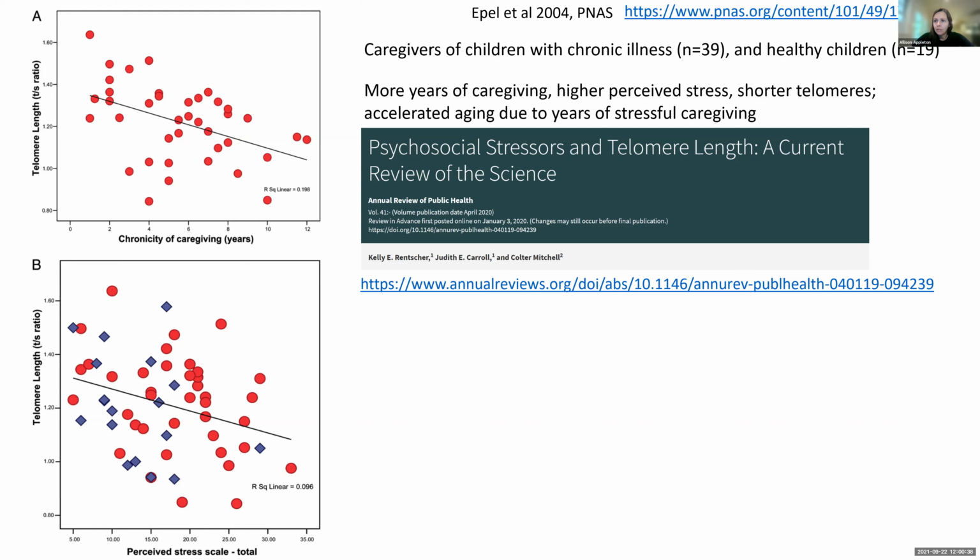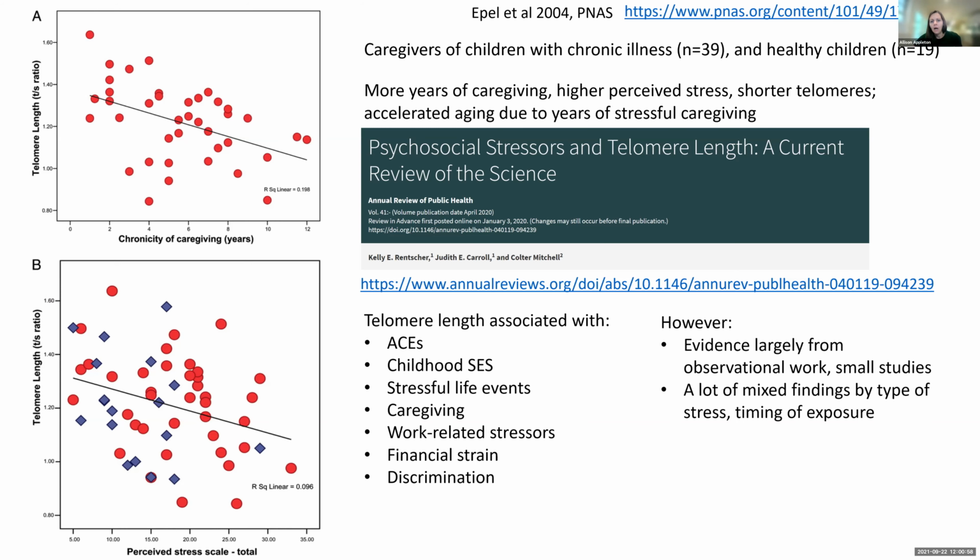There's been a lot of work in this area since that time. This is a review that was just published in April 2020 in the Annual Review of Public Health that really summarizes the state of the science with psychosocial stress and telomere length. So if this is something you're looking to get into, this is a great resource to read through to get familiarized with this literature. But basically what this article describes is what telomere and telomere shortening are associated with, and